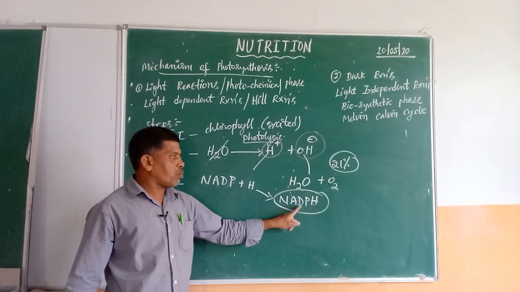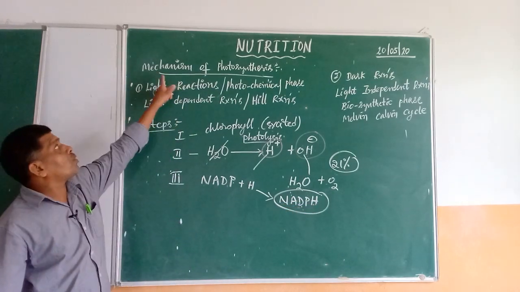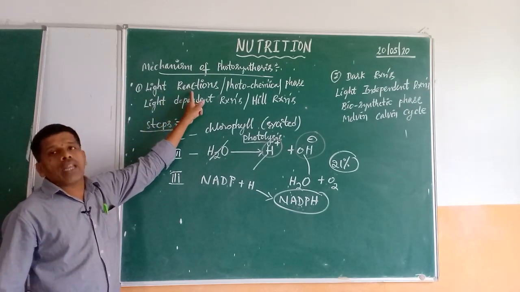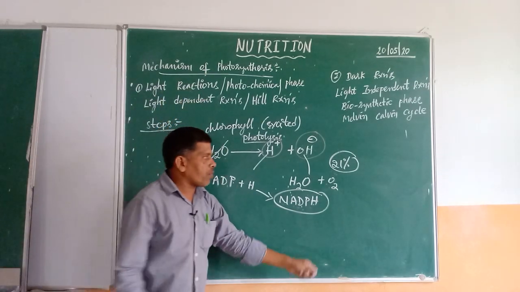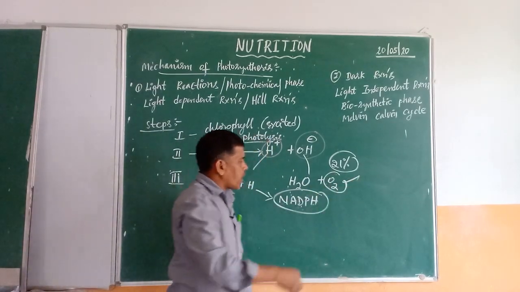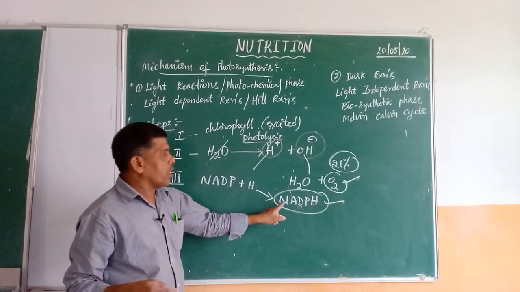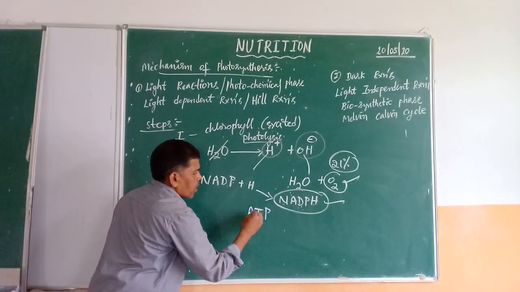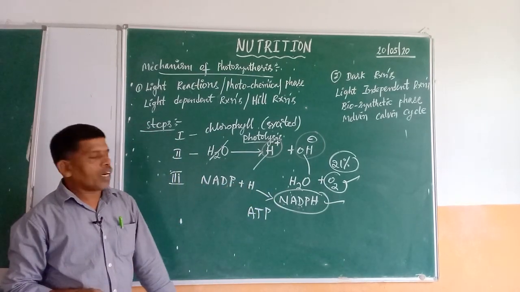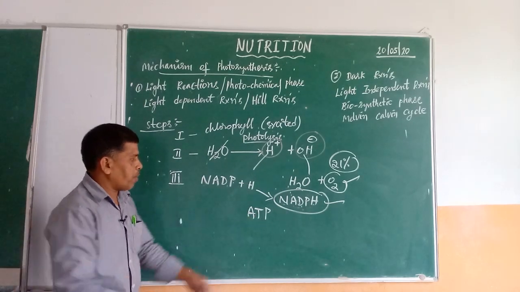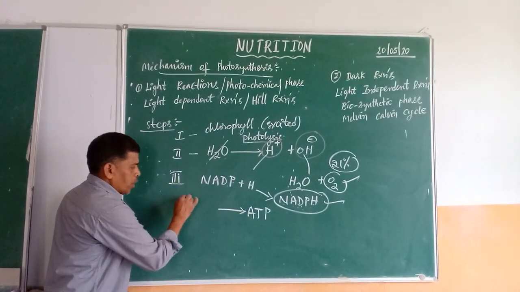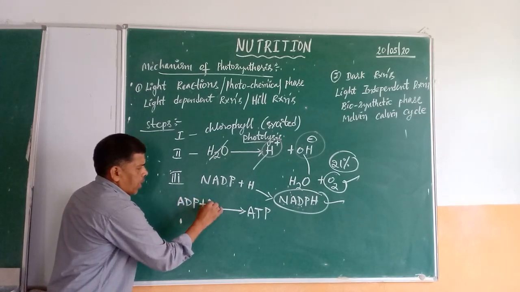So this is one of the most important products produced during the first stage of photosynthesis, that is, during light reactions, right? So we have got one product here, oxygen gas, and one more product, NADPH. Along with this we are getting the ATP molecule, adenosine triphosphate. This adenosine triphosphate is produced because of the combination of ADP and IP.